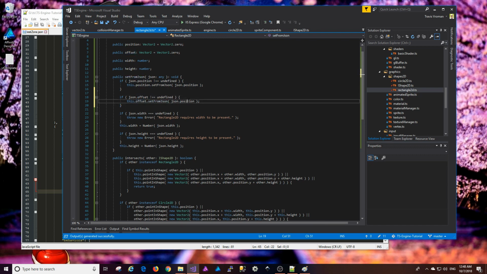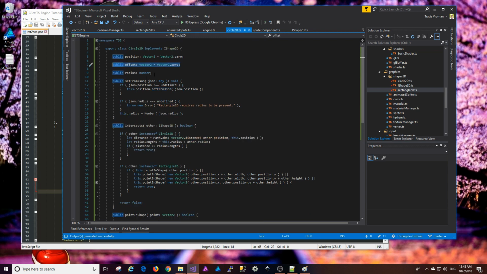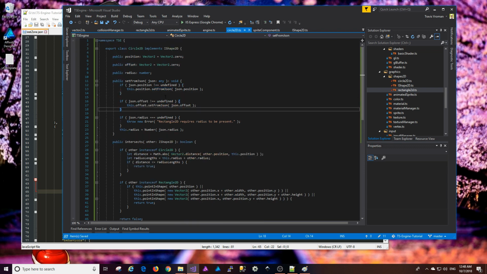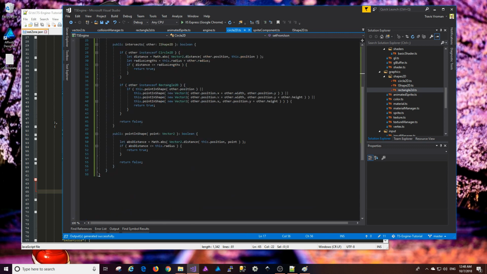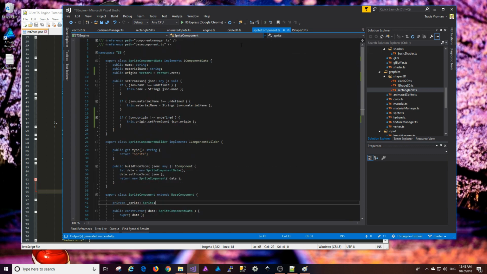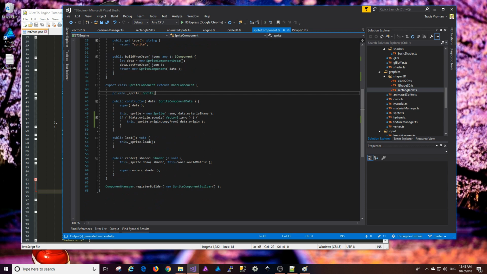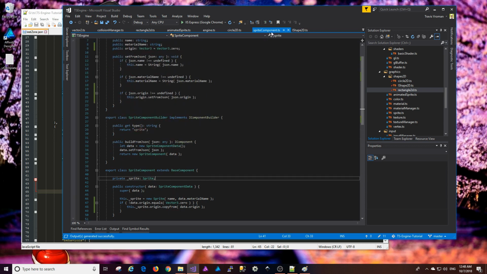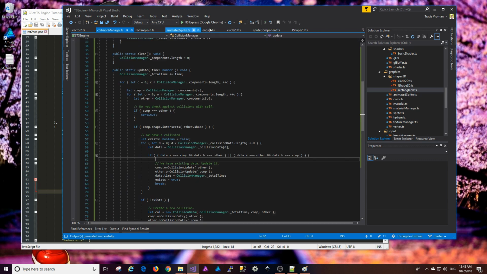I'm just going to copy offset here and circle 2D. This will give me the ability to offset the actual shape from the thing that it's connected to. So what I can then do is in the collision component,